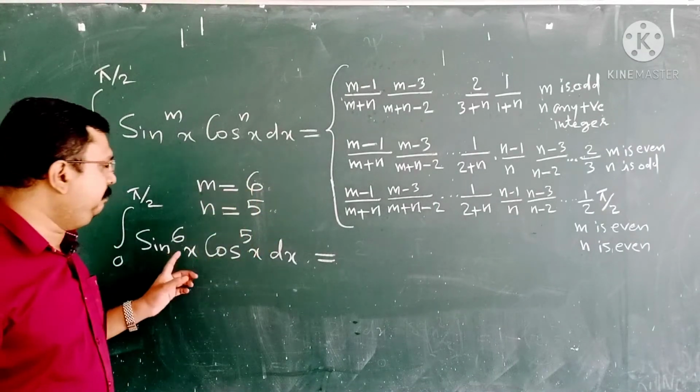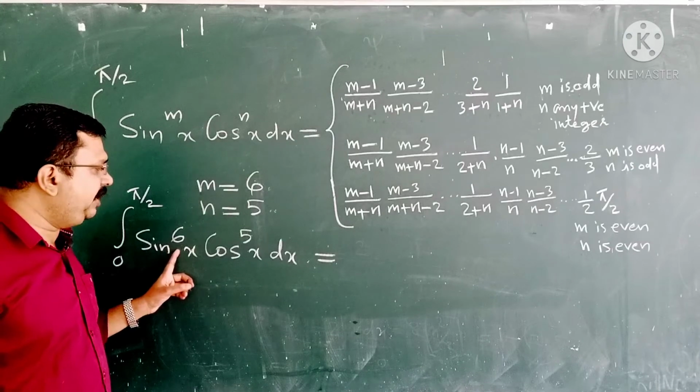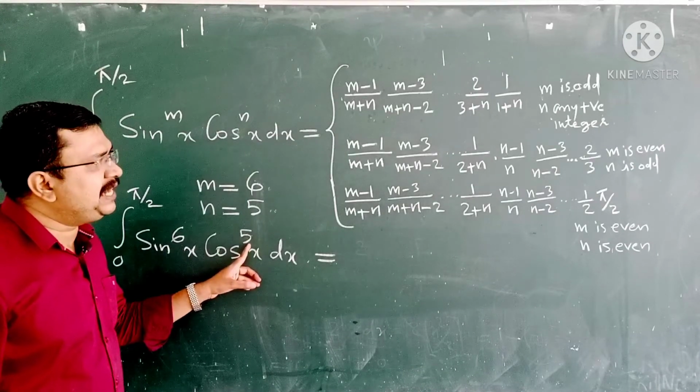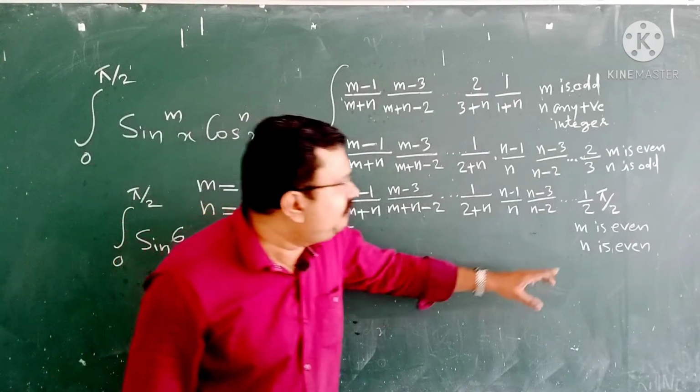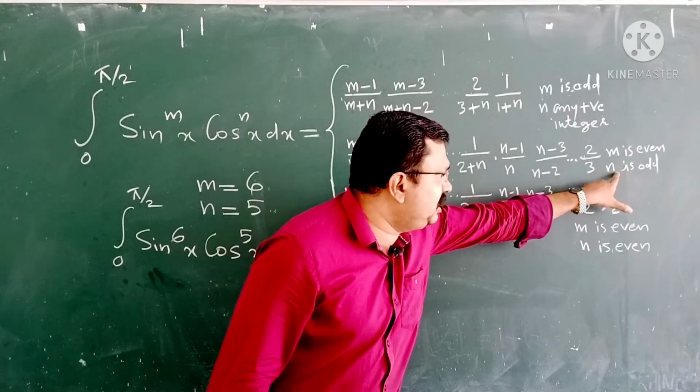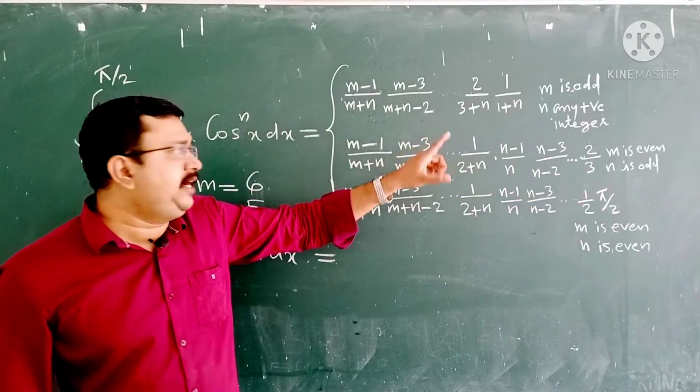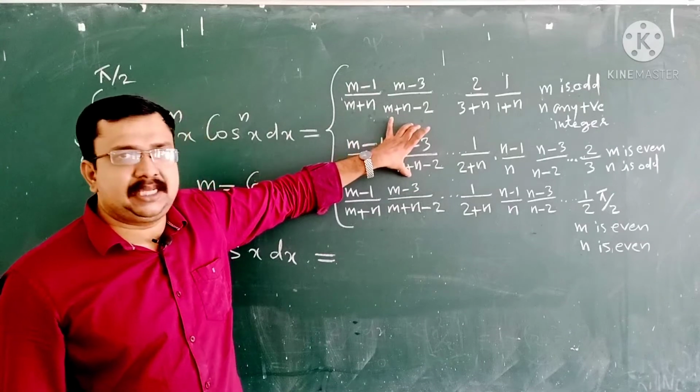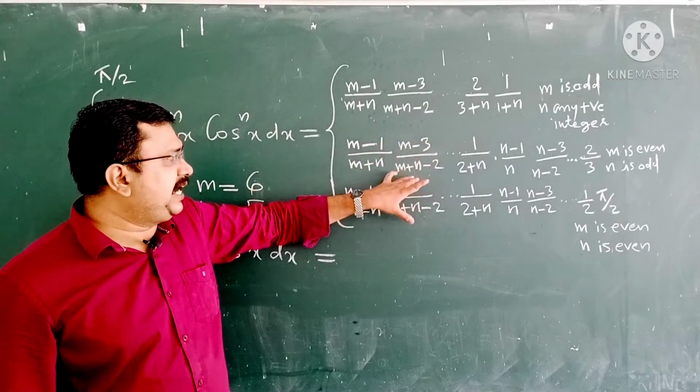That means m is an even number, n is an odd number. Therefore, we may take the second case as our answer. The second case is